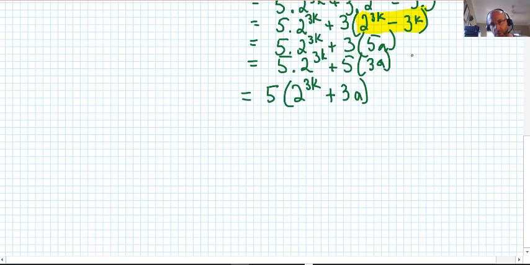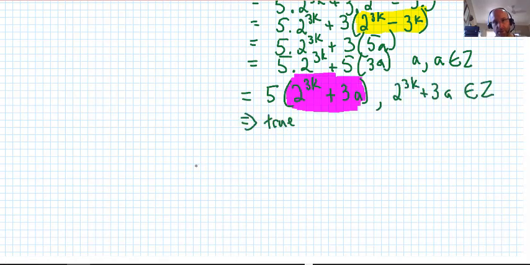Because remember, a from before, a was an integer. So a such that a is an integer. So everything inside here is an integer. So we've shown that that inductive step works, it's true. And so